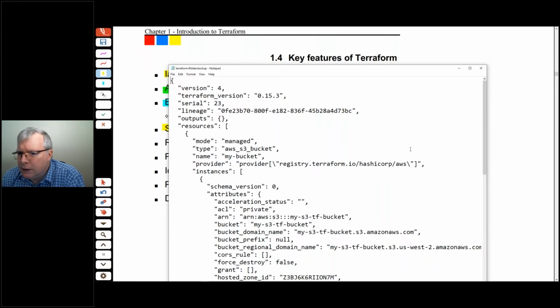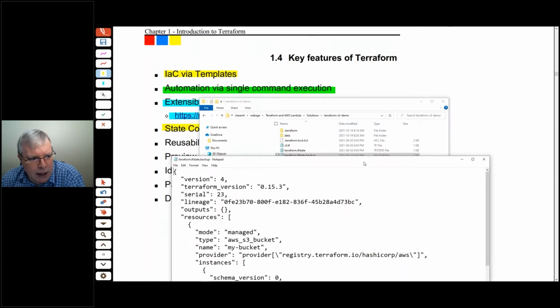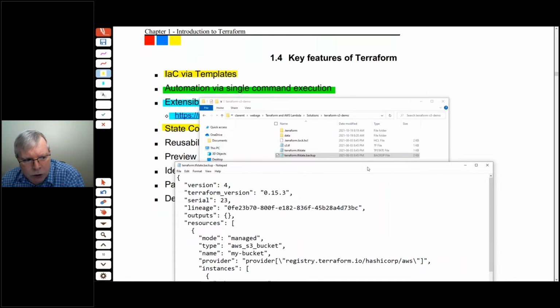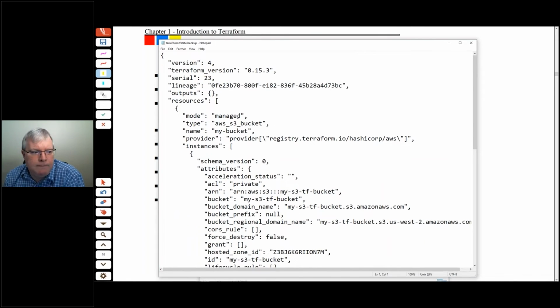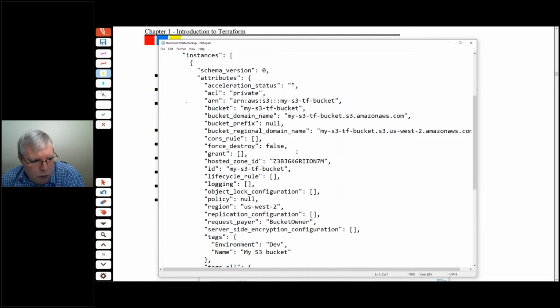And again, this is often done in a local file. As we see in this example, it's the TF state backup file that I'm showing you here. But essentially, this is the information that goes in the state file. Now, we don't generally modify this. We modify that original HashiCorp language file that we looked at for the S3, and it will then update these files. Both the state file and the backup file get updated for us in this manner. So this is quite common for working with something like